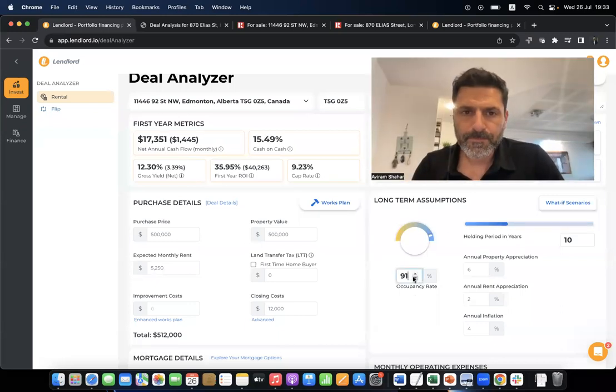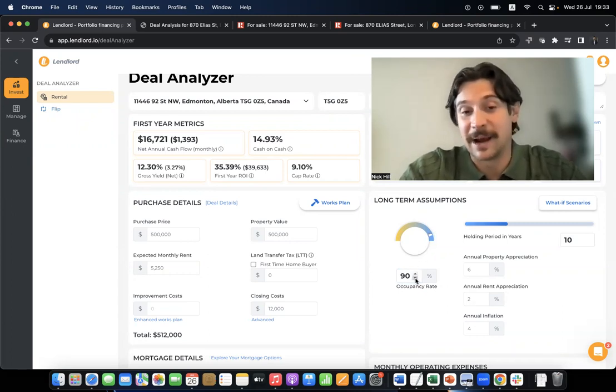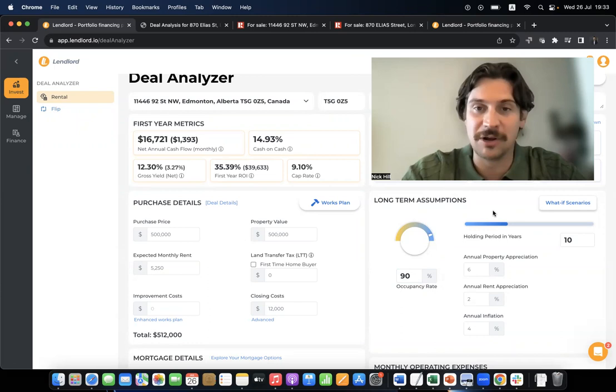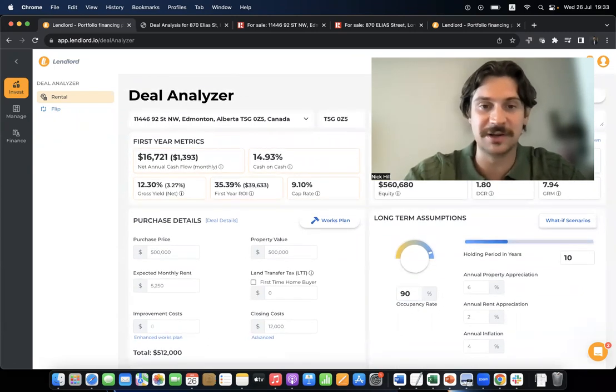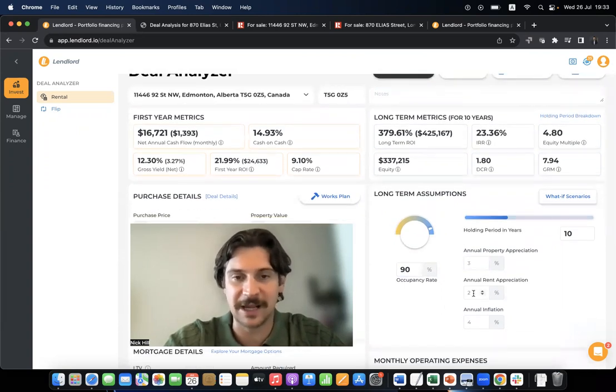We can lower it to maybe this property, based off of what Steve was telling us, it might be in a bad area, so you might have a bit of a rougher crowd staying there, which could take longer to fill. Annual property appreciation, I'd lower that to probably 3% just for now. That just basically keeps up with the rate of inflation. Annual rent appreciation,